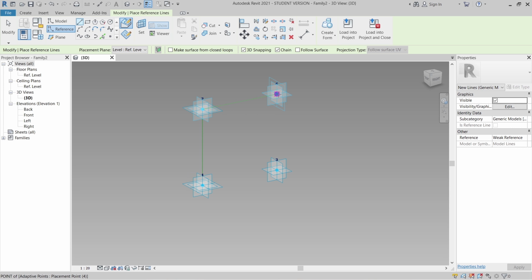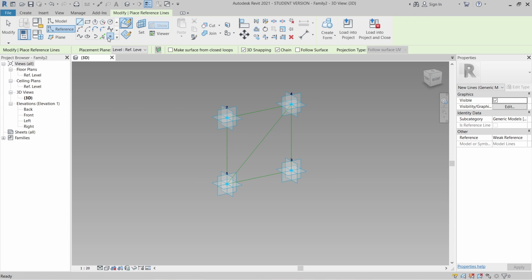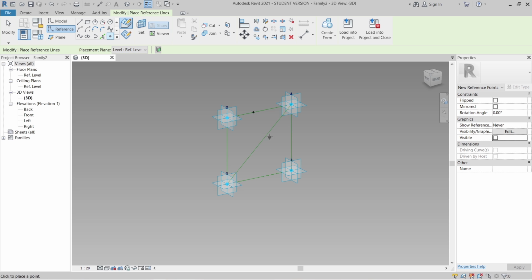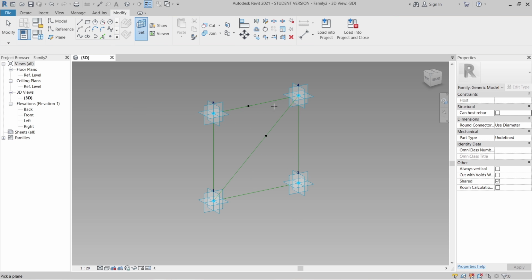Points 1, 2, 3, 4. Modify. Basically, our truss system, or truss component, is a triangle shape, so I will connect from there also. Then hit Escape a couple of times. It's perfect. I can go to my Reference again. I will start creating the shape at point 1 and point 2. Hit Escape a couple of times.